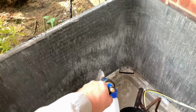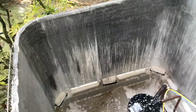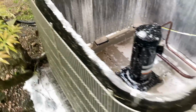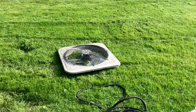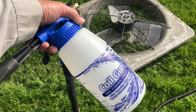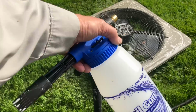And because I have such great pressure, I know I'm going to get the chemical all the way through. All right, now my condensing coil is completely saturated. I gave a light coating on the outside all the way around, and then I did a light coating on the condenser fan motor shroud assembly. I'm going to thoroughly rinse out the coil gun with some fresh water and run that through the nozzle, and